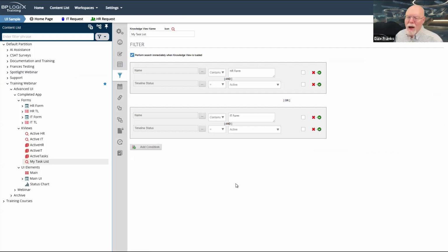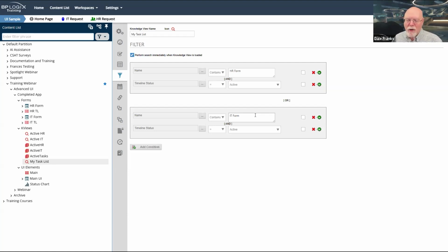So in this case, I am just filtering, and I'm looking for the name, and I just called them IT form and HR form. I just made life easy for myself. So if the name contains HR form, and the timeline status is active, or if it contains the name IT form and the timeline status is active, those are the items that it's going to return for me.